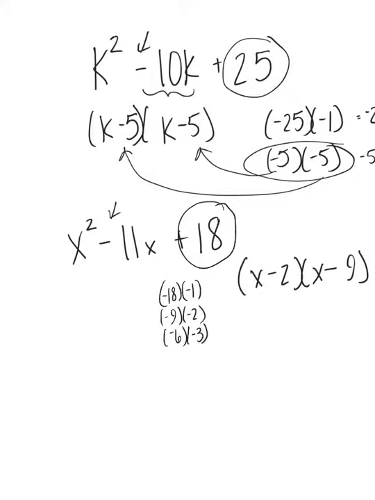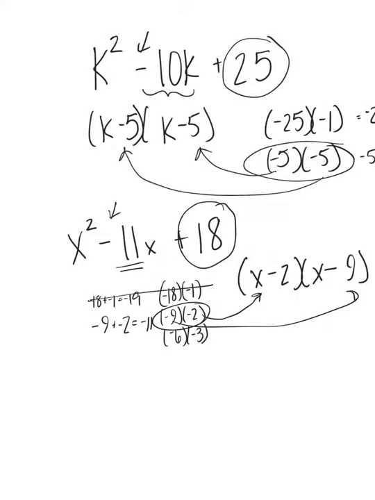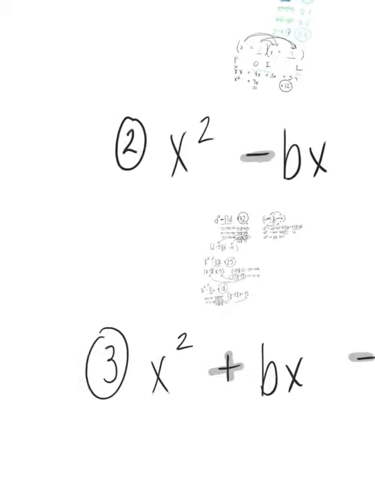Negative 18 plus negative 1 is negative 19. What do I want it to be? 11. That doesn't work. Negative 9 plus negative 2, on the other hand, gives me negative 11. So these are the terms, 2 and 9. Good job. Let's look at the third type of trinomial,